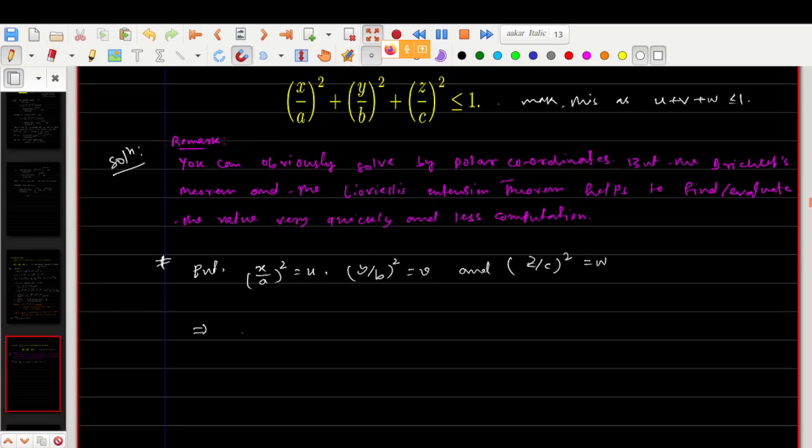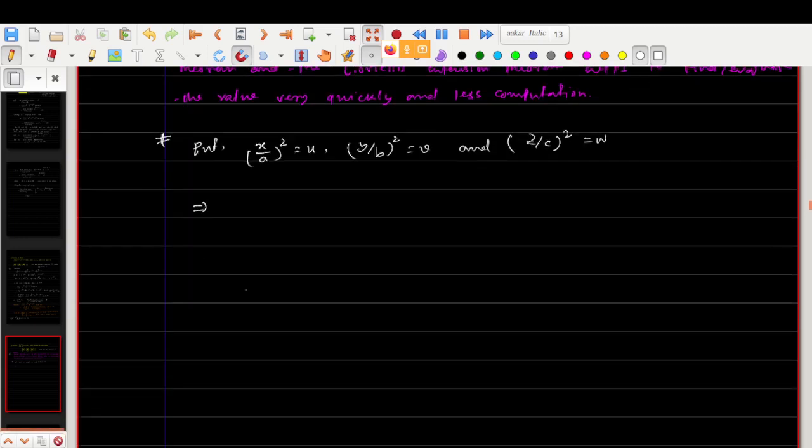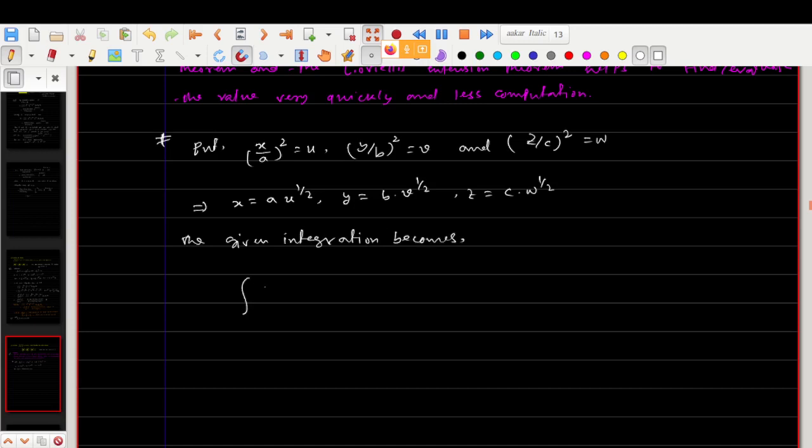Then this implies x equals a u^(1/2), y equals b v^(1/2), z equals c w^(1/2). The given integration becomes,